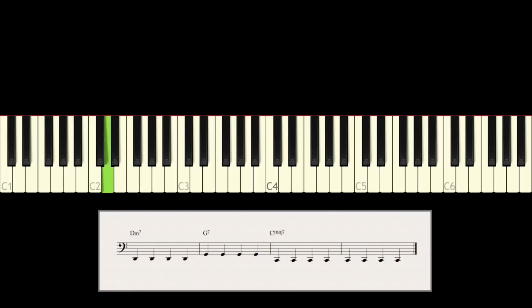So 1, 2, 3, 4, 1, 2, 3, 4, 1, 2, 3, 4, 1, and so on. So pick a tune and just go through it like that. Just be able to play quarter notes on the roots. Again, this is a very basic place to start, yes, but we're going to start to embellish and expand from there. So once you're comfortable with the roots and playing that quarter note feel in the left hand, you can